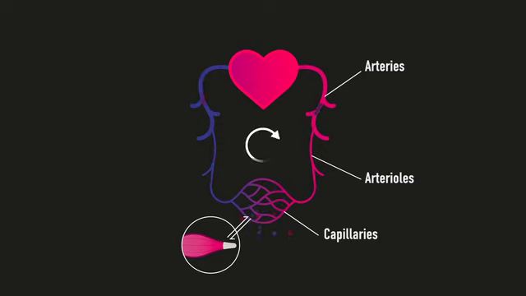The deoxygenated blood is carried away from the capillaries that become venules, then larger veins before eventually returning to the heart. On the return journey, the now deoxygenated blood